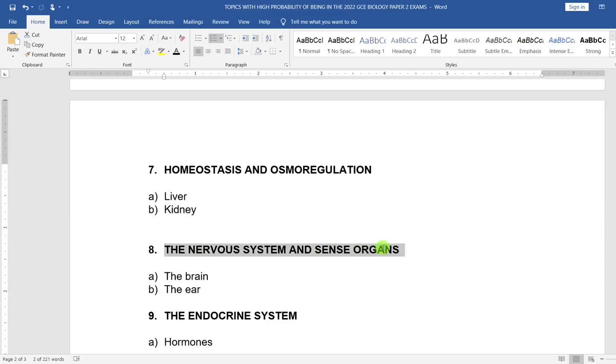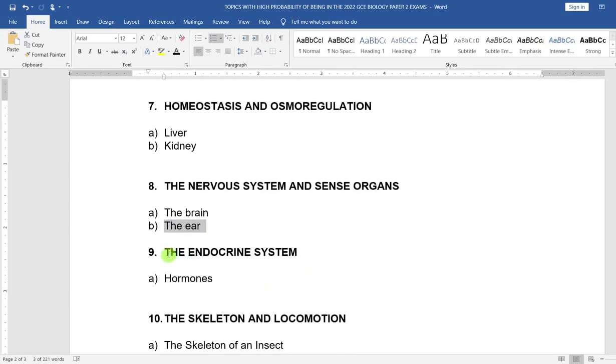And then you move to the nervous system and sense organs. And under nervous system, you need to look at the brain itself. So the brain, how does it work, what role does it have in the nervous system, the parts of the brain and their functions, and also the ear as part of the nervous system, how does it work? All right, so you need to move from here. Then you go and study the endocrine system, where you study hormones, how hormones are secreted, which parts of the body secrete hormones, and which type of hormones are secreted to what part of the body, and the function of hormones, and the deficiency diseases caused when those hormones are lacking.